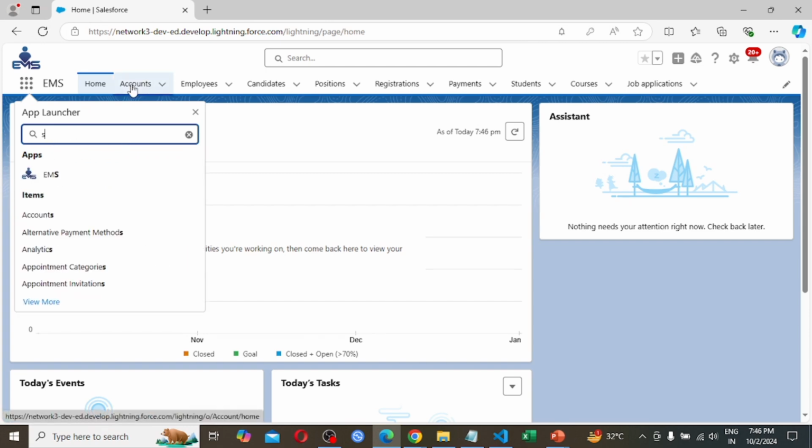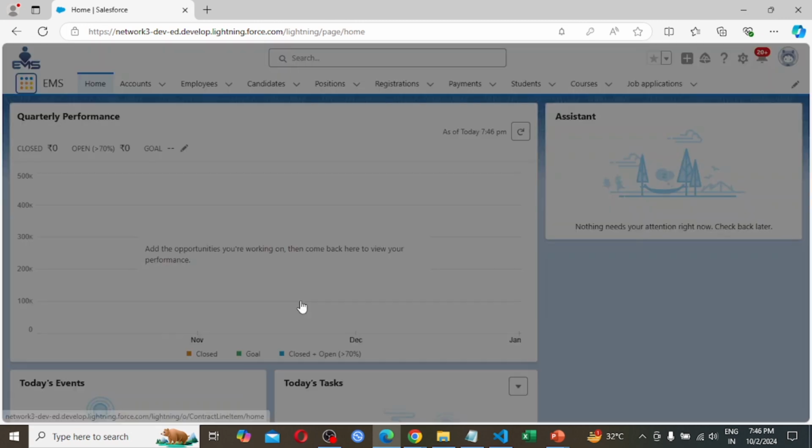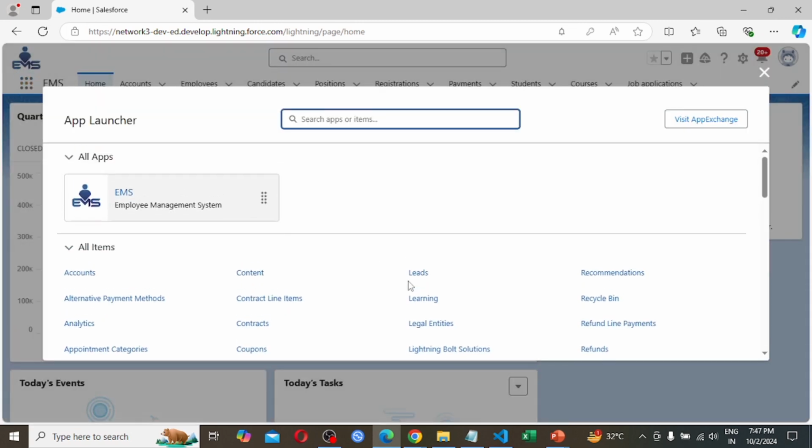Service, no service application. Click on view all. In the all applications section he is not finding any application. The only application he can view is the employee management system application.